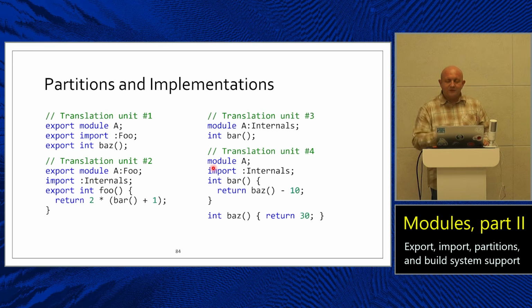Here, without that import internals, the function bar simply couldn't be defined. Its declaration would be unreachable. But once you import the internal partition, everything fits together. So yes, you can have partitions that export things and others that don't. They're still part of the same model, just playing different roles: interface partitions, internal partitions, implementation partitions, whatever makes your